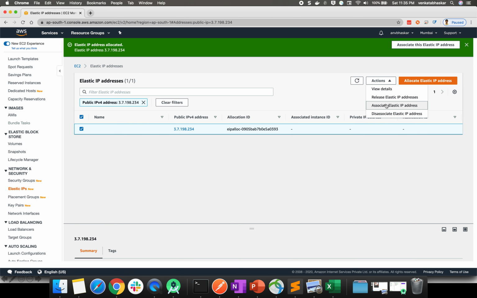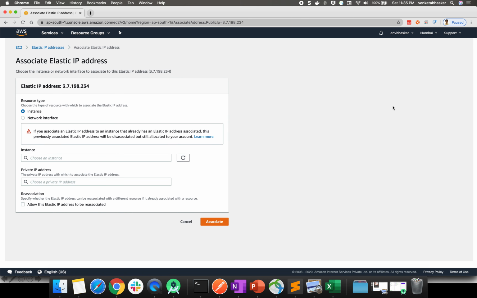If you disassociate, that means if you are not using your instance, then you can disassociate it from your instance. Now as of now I need to associate the elastic IP. Here you choose the instance, test elastic IP, so you can choose your ID, then associate.